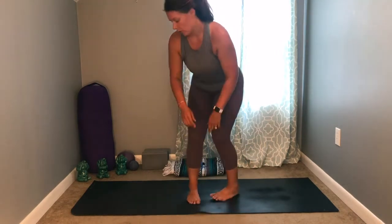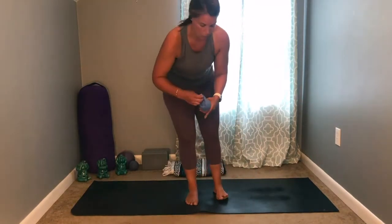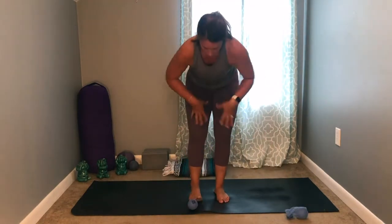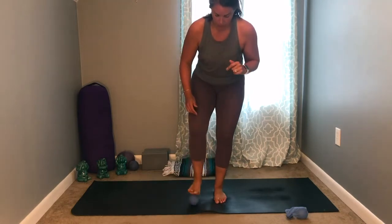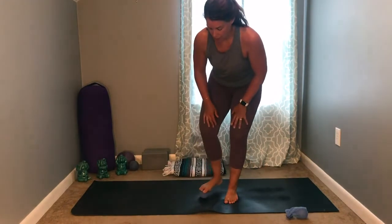And then let the eyelids flutter open. You're going to grab your toe balls and you're going to take one ball out of the toe. All right? We're going to start with the soles of the feet. So taking your right foot onto one of the balls, and you're just going to start with a stripping